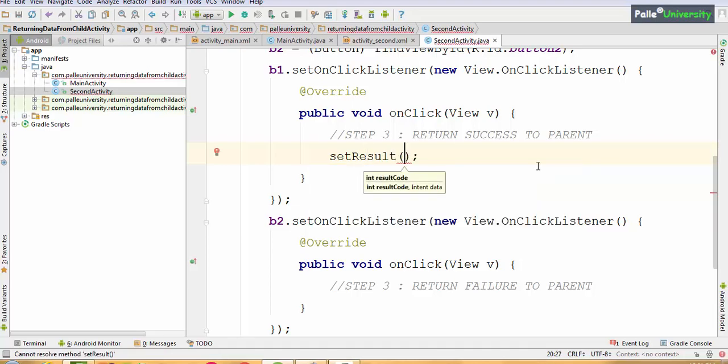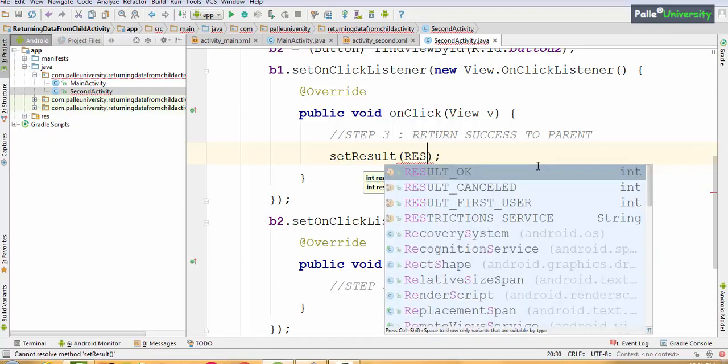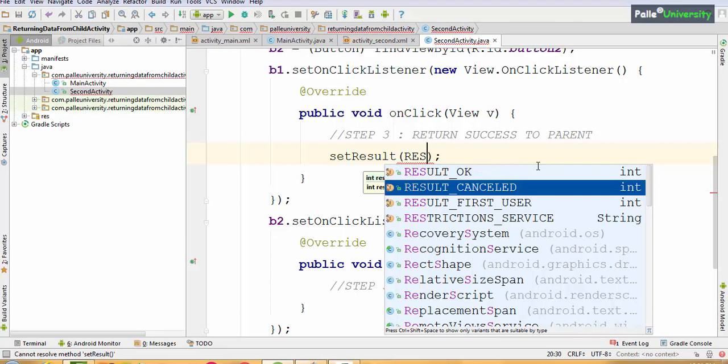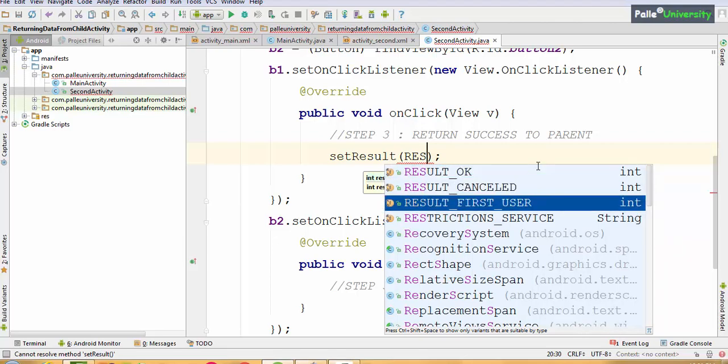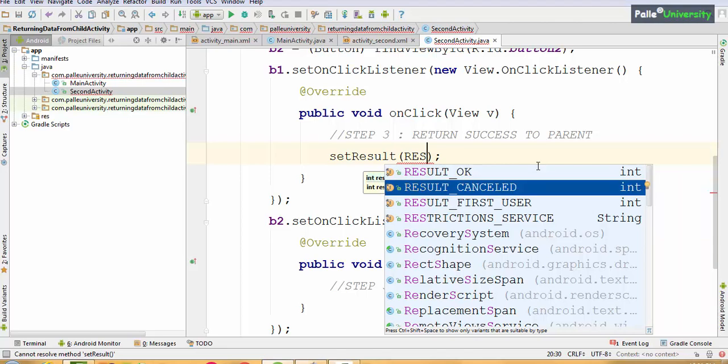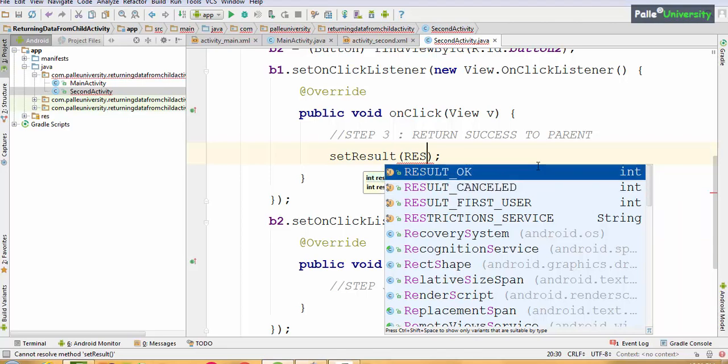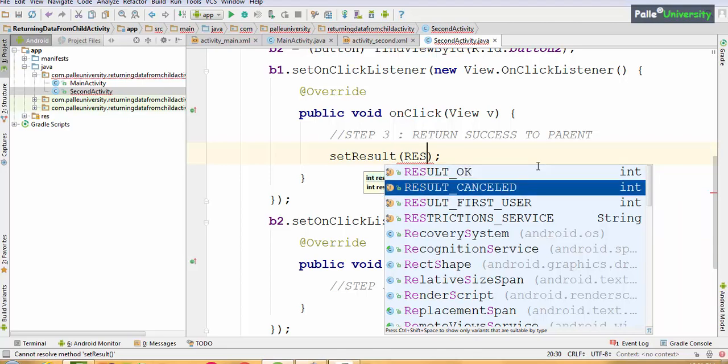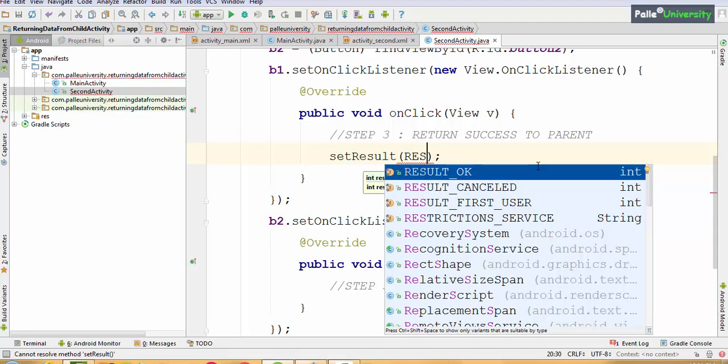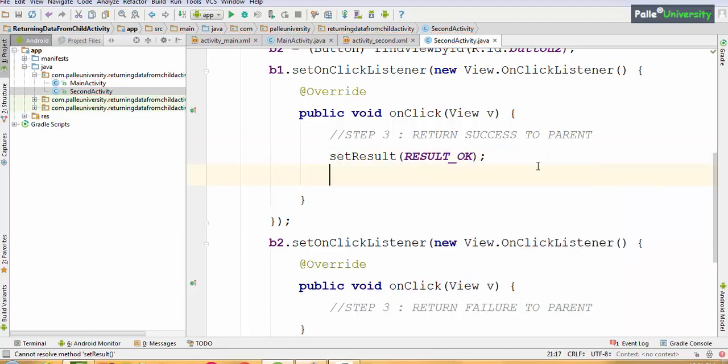There are two result codes, result OK. If you observe, as I am typing RES, it is showing predefined results. As of now, don't worry about result first user. In my explanation, I will be using only result OK or result cancelled. Result OK for success. And then, as I told you, we should use the finish method.